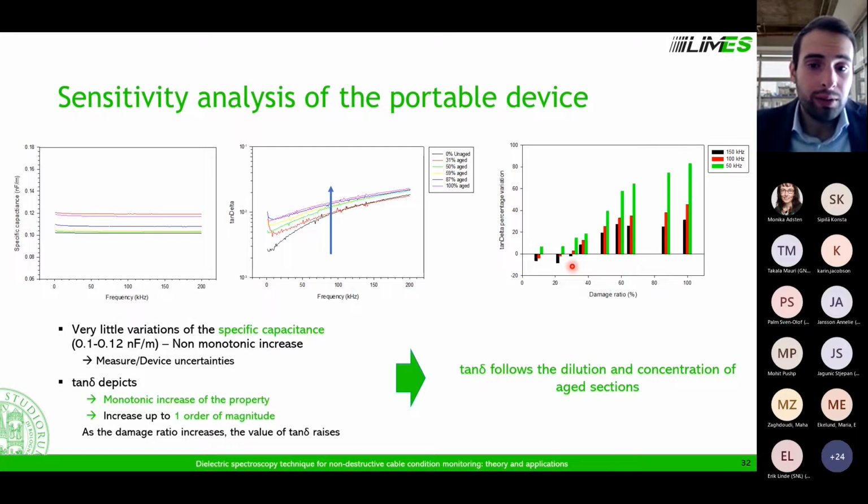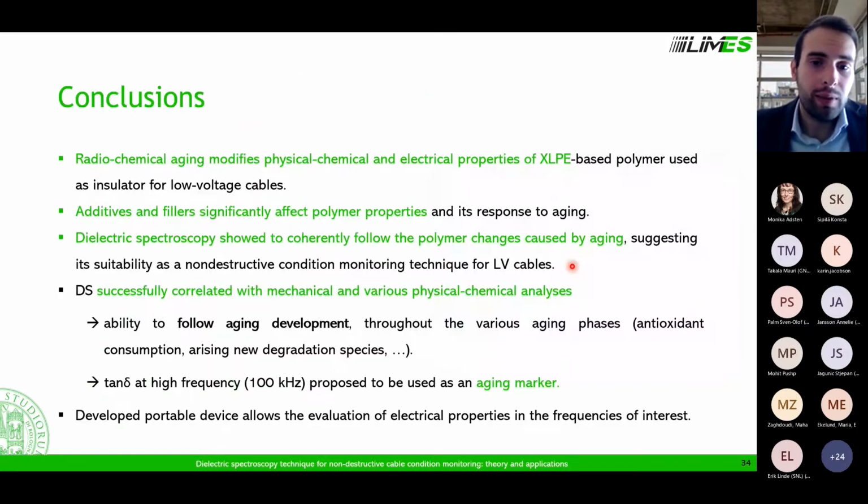So, moving to the conclusions, we have seen that the radiochemical aging modifies the physical, chemical, and electrical properties of the polyethylene. We have seen that additives, and in particular antioxidants, can have an impact on aging. In particular, obviously, antioxidants can delay the start of the oxidation chain. Then we have seen that the dielectric spectroscopy at high frequency follows the polymer changes